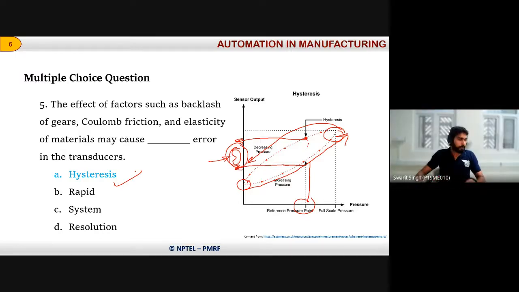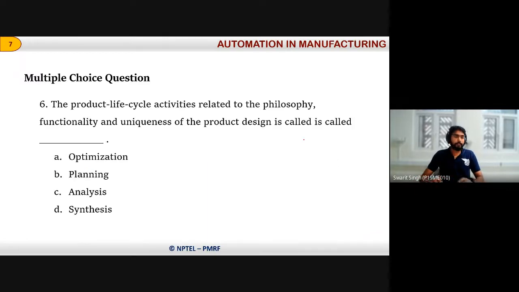Okay, thank you, Rajesh. So this was what is called the hysteresis error, right? Now, moving towards the next question. Question number 6 is on the screen. The question says: the product life cycle activities that are related to the philosophy, functionality, and uniqueness of the product design are called